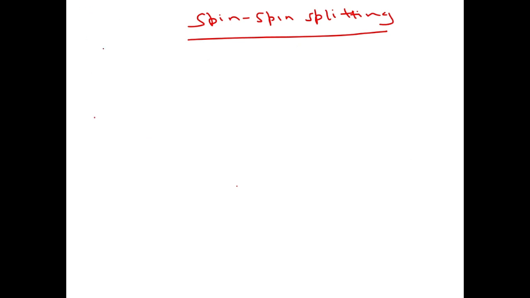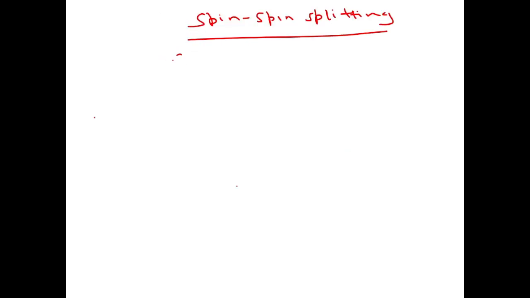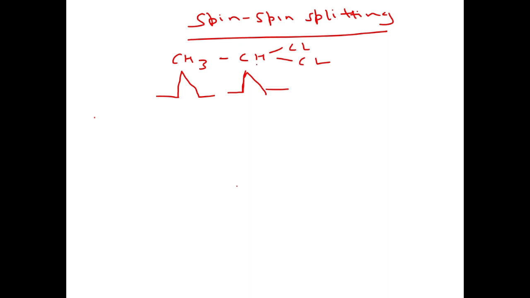तो स्पिन स्प्लिटिंग समझने के लिए हम एक दो ऑर्गेनिक कंपाउंड यहाँ पे ड्रॉ करते हैं। जैसे मान लो हमारा एक ऑर्गेनिक कंपाउंड हमने ड्रॉ किया CH3 CH Cl Cl। ओके, तो हम यहाँ पे देखते हैं कि इसकी एक ये हाइड्रोजन एटम है तो अब इसकी एक पीक आएगी और ये एक हाइड्रोजन एटम है, इसकी भी अलग से एक पीक आनी चाहिए। जैसे मैंने आपको बताया था कि ये जो पीक होगी क्योंकि इसमें डीसील्डिंग ज़्यादा है तो ये ज़्यादा ppm पे आएगी और ये कम ppm पे आएगी क्योंकि इसमें डीसील्डिंग कम है।